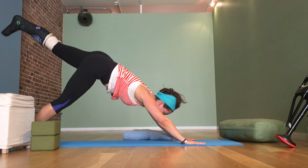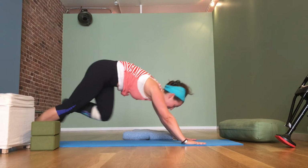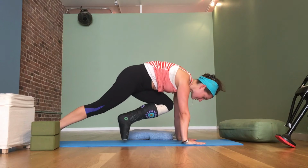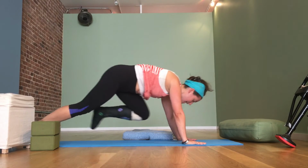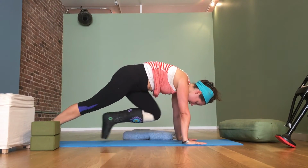Inhale to lift your leg up, the leg with the cast, obviously. Exhale, draw the belly in, bring the knee across the body. Inhale, lift the leg up. Exhale, knee to chest. Inhale, lift the leg up. Exhale, knee to same side elbow, last time. Inhale up. Exhale, knee to chest. And then inhale,